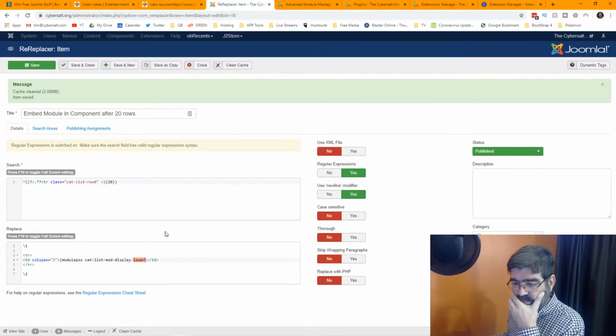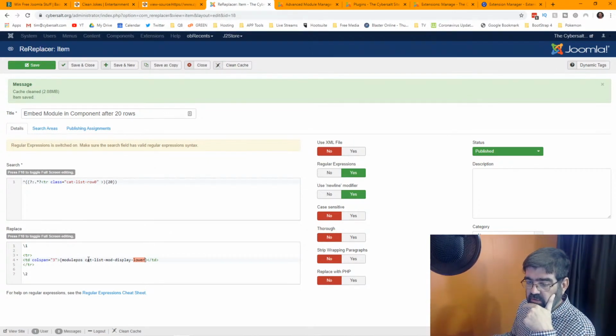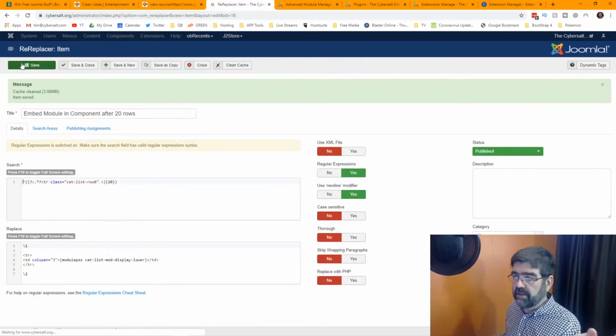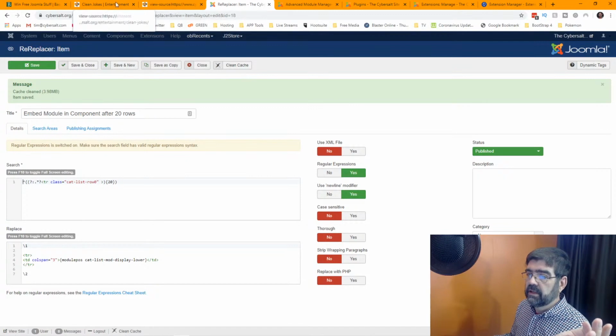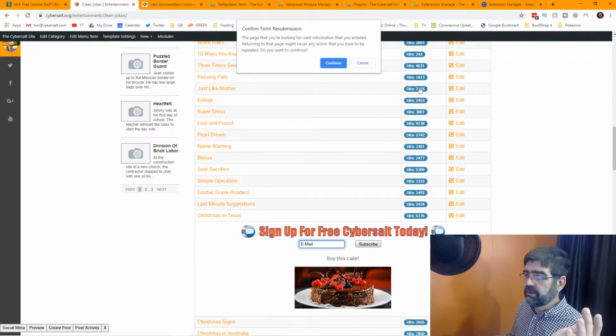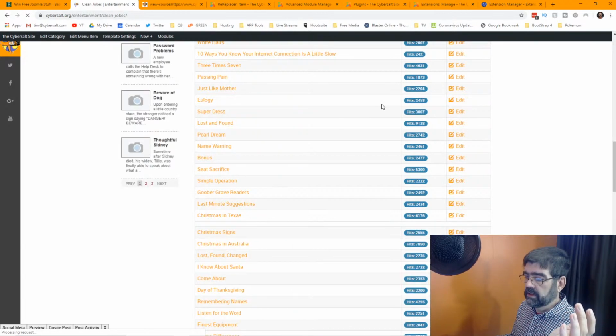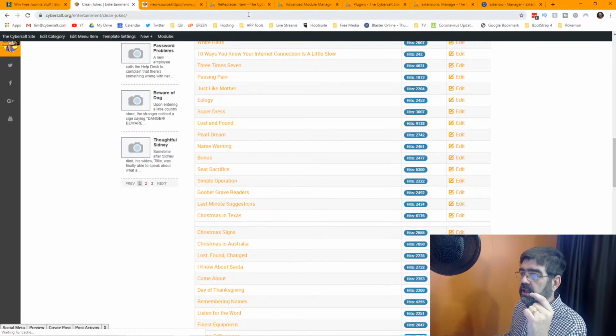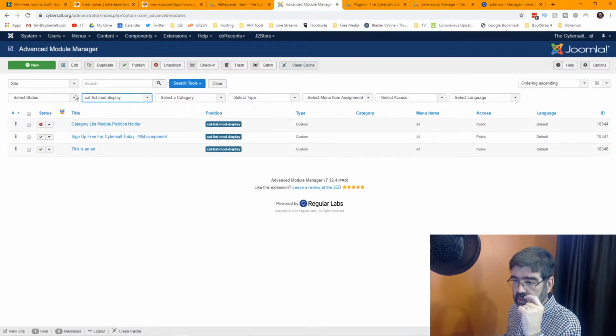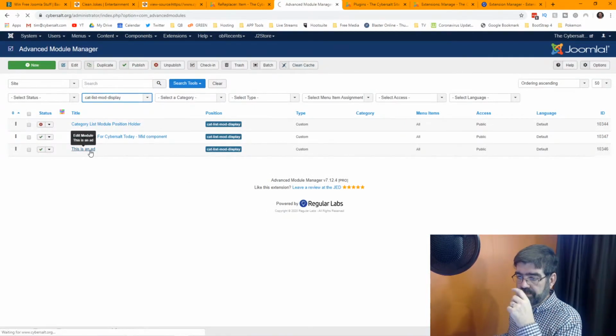Now, I've actually changed the code for what module position is being displayed here, and I put dash lower on it. All right. Now, of course, there is no such module position yet. I haven't created it. And so, in fact, we could expect to see when we refresh here, we will see a blank line as we expect. That's all right, though, because we're going to go into the Advanced Module Manager to This is an Add,